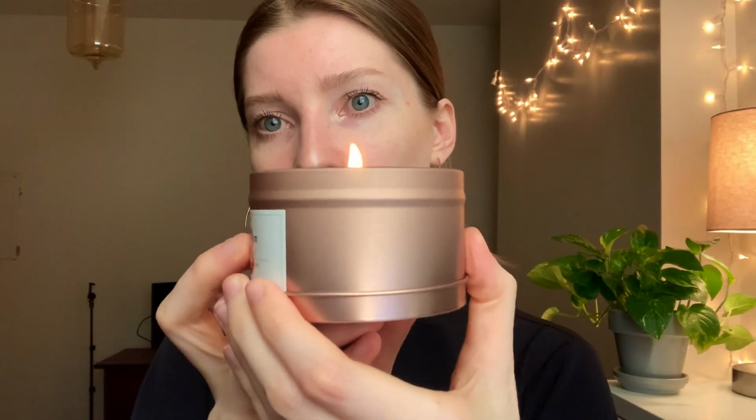Something you might appreciate is this candle in the background. This is also Trader Joe's. Their candles are so cheap, $3.99. I mean, it's still $3.99. They smell really good and they always have seasonal scents. So this one's Honey Blossom. Cute little rose gold container. Good job, TJs. Those are all the items in my grocery haul this week,